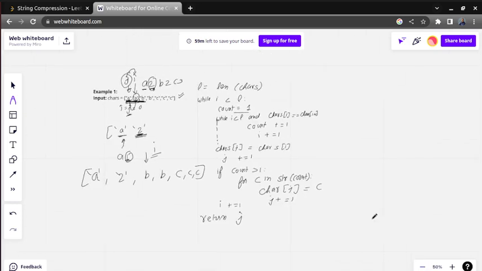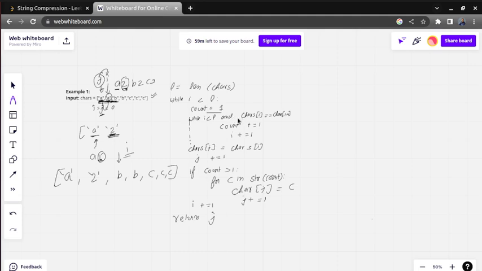So I hope the question is clear to you. We have done the steps that they have mentioned. They told that if the consecutive elements are equal, first of all calculate the count. Once this count is done, we are first adding that character, then we are adding that number. And if there is a situation like B12, so str of 12 will be like this. It will take the characters, first 1 will be added and then 2 is going to be added. So they are going to be added separately in the array.